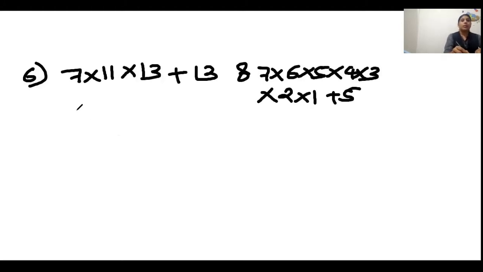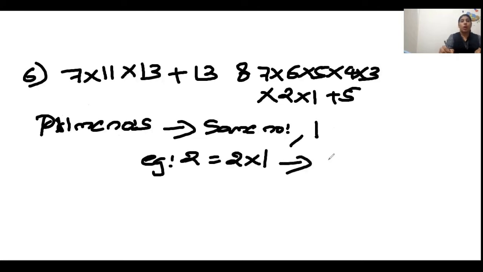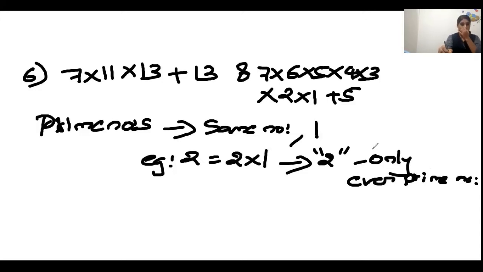We know what the difference between composite numbers and prime numbers is. Prime numbers are the numbers in which the number itself and 1 are the only factors. For example, 2 is the least prime number, 2 into 1. And 2 is a special case, as 2 is the only even prime number. Do you know that? This is a surely asked question for MCQ based examinations. So 2 is the only even prime number and the least prime number.